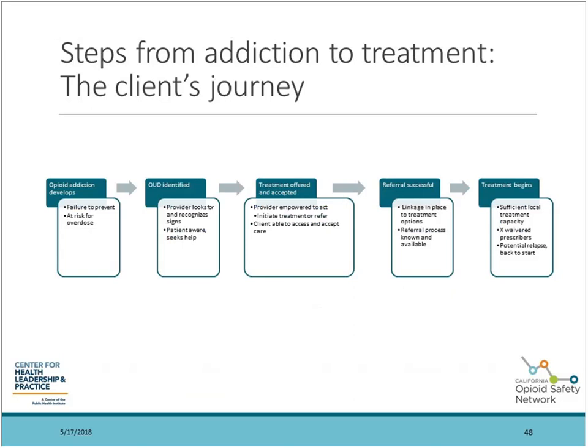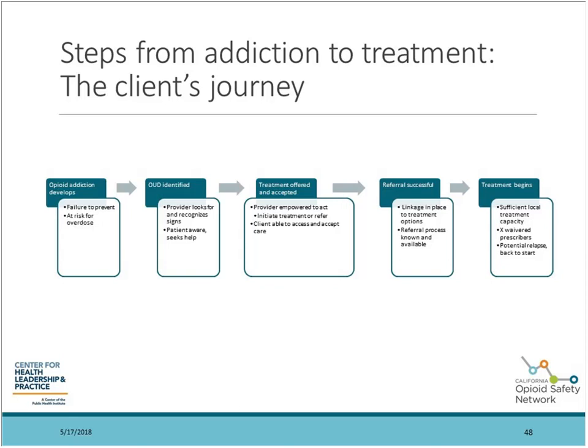One important way to think about this and organize our thoughts around connecting people to addiction treatment is to recognize the sequence for an individual who has moved from addiction into treatment. What were the necessary steps for that to occur? And they're drawn out here. It's important to see that if any one of these things is not in place, that individual with opioid use disorder will not actually get into treatment. So all of these things need to occur in every community for us to close the treatment gap.